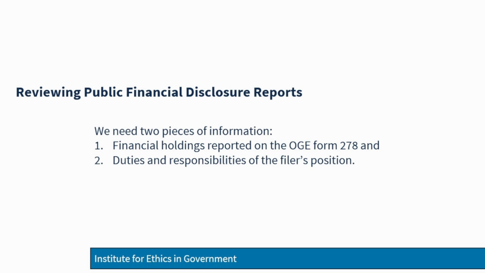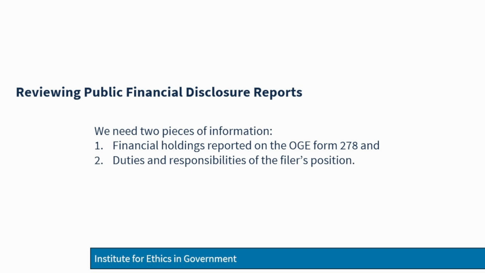Earlier, we discussed the purpose of public financial disclosure. The first, to prevent conflicts of interest. And we remember that a potential conflict of interest occurs when there is a nexus between the duties of a federal employee and their financial holdings or relationships. So to review a report for conflicts of interest, we need two pieces of information: the financial holdings and relationships